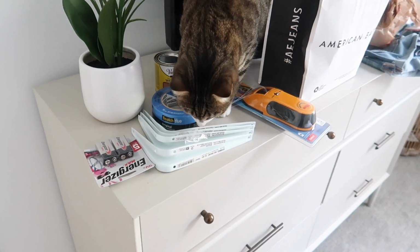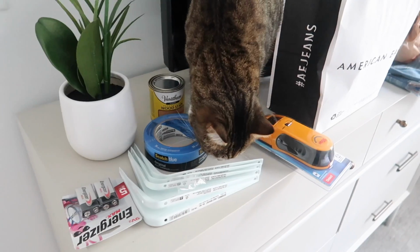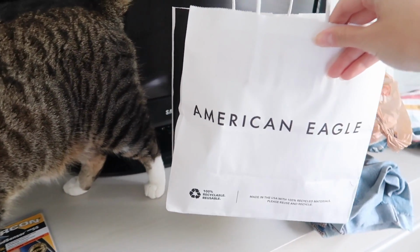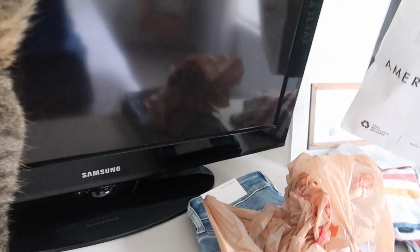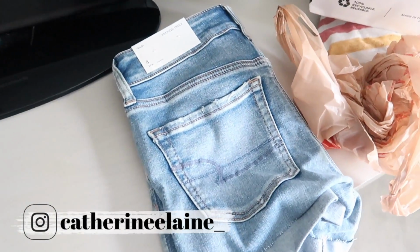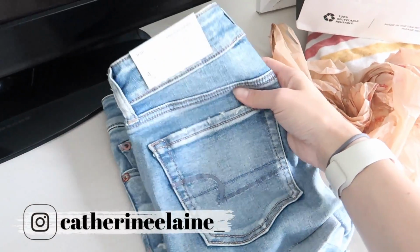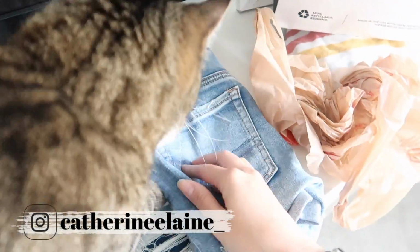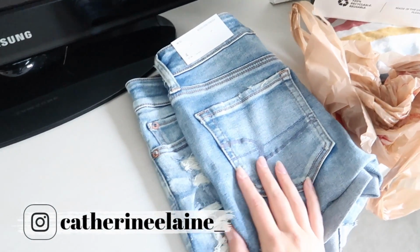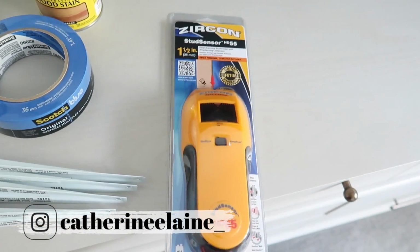So I just got back from Home Depot and American Eagle. I needed some new shorts from American Eagle because I've totally gained the quarantine 15 along with everybody else, and all of my shorts were getting too tight. So I got myself two new pairs. This one's the midi length, and this is a size 4. I used to be a size 2, but you know, quarantine. Anyway, I got two pairs of shorts that will fit me a little bit better,